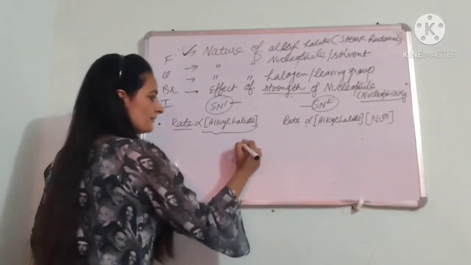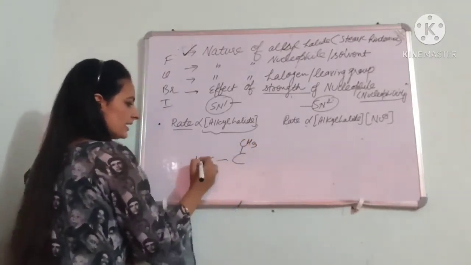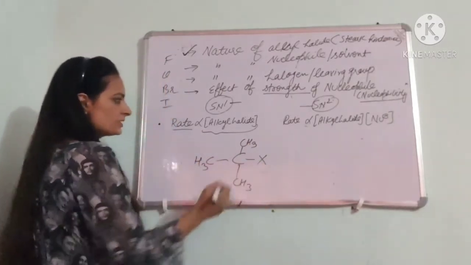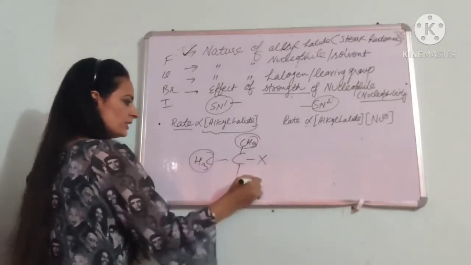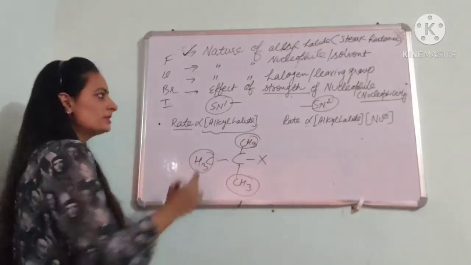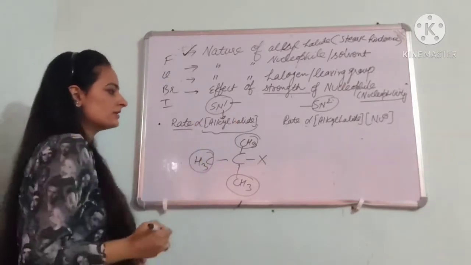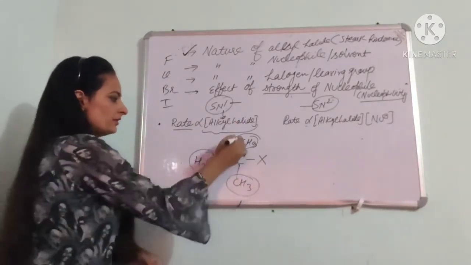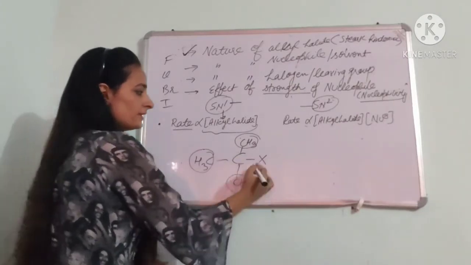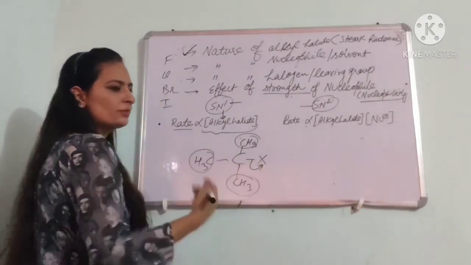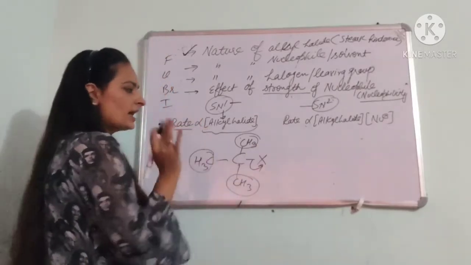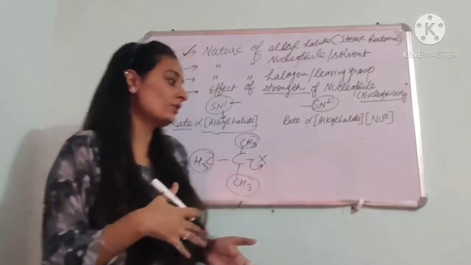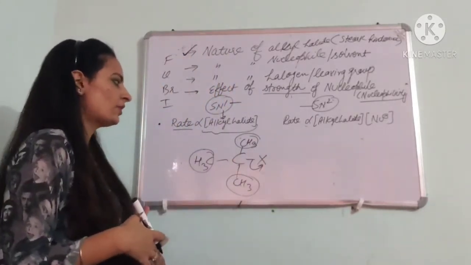In case we have an alkyl halide like this, that is tertiary, the carbon to which the leaving group is attached has bulky groups also attached to it. So in this case the reaction mechanism is always SN1, because the nucleophile cannot readily attack this carbon because of these bulky groups. Therefore it will prefer that your halogen, your leaving group, leaves the alkyl halide, a carbocation will form, the space will become empty, and then the solvent will attach to this carbon to form the product.